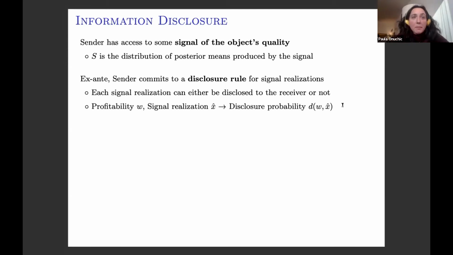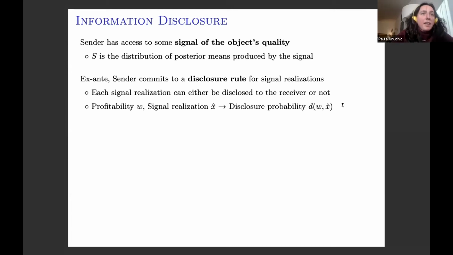Yeah, okay. Paula, quick question. Yes, just related to the motivation for commitment with respect to reputation. If I'm thinking of the investment decision, I can see how over time I would understand how informative the signal is about X, because I see if the investment paid off or not. But if the signal is also informative about profitability for the sender, how would I learn? I would have to be observing over time which commission the sender obtained. How would I end up learning how informative it is about W?